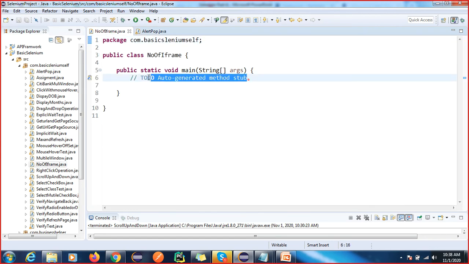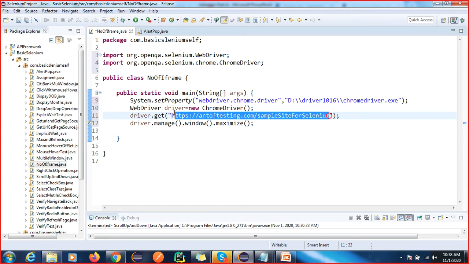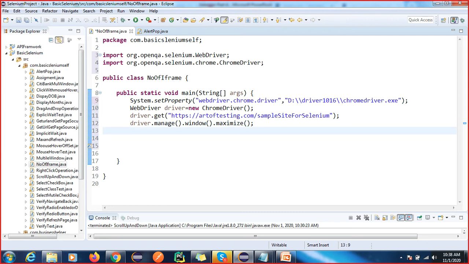You can try this on any website. Here we will also get some iframe value. This website also has an iframe. First of all, I want to find how many frames are available. If you are not able to find it, I'll show you this website.